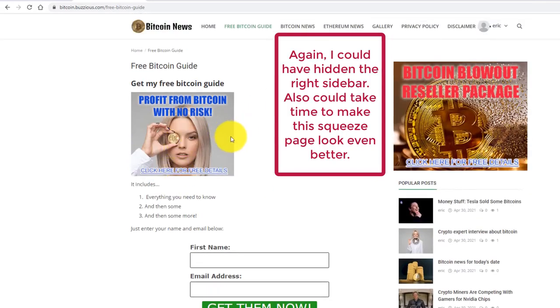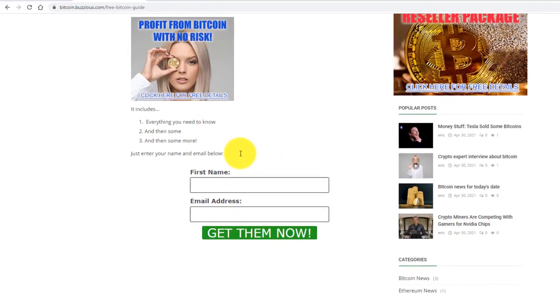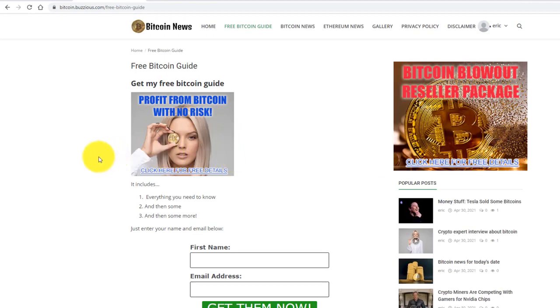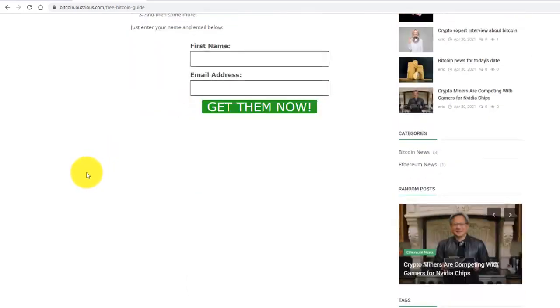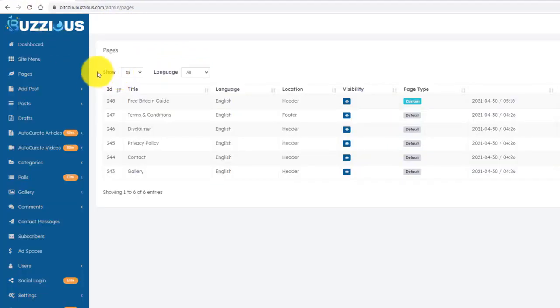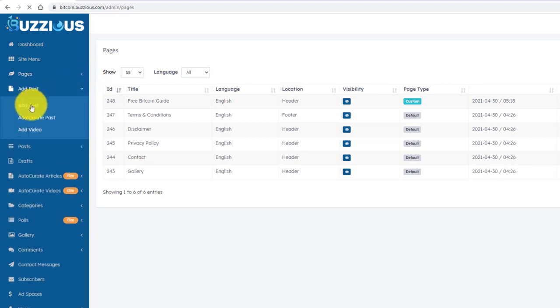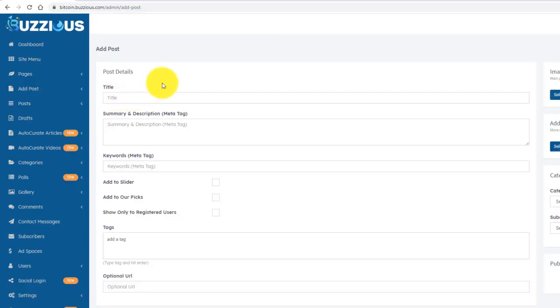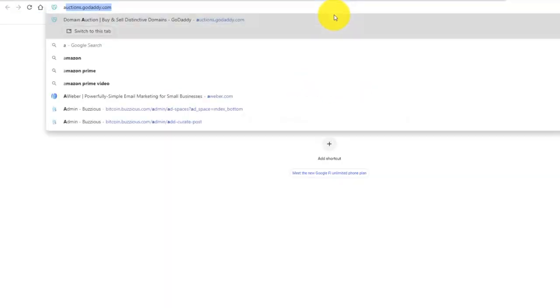So you can see just with this example, that literally took me less than a minute to make that page. You could take a few more minutes and make something nicer looking. And the point is you could actually add any type of content that you want to add. Suppose you want to add an affiliate review. Okay, you could do a page or you could do a post. Let's do a post. So add post,